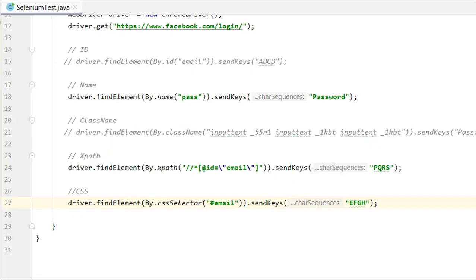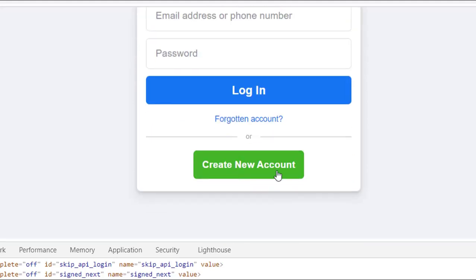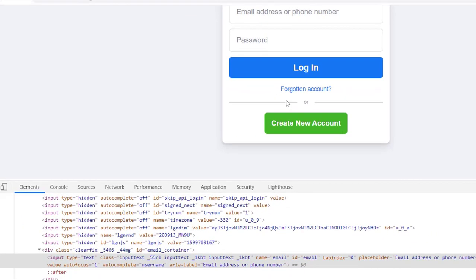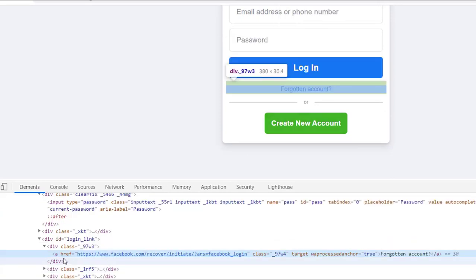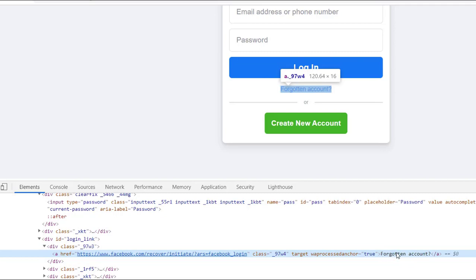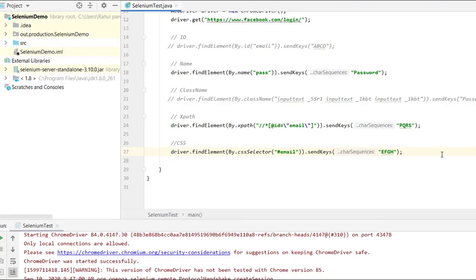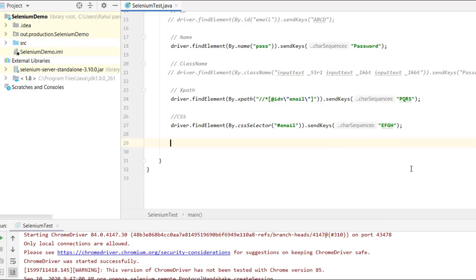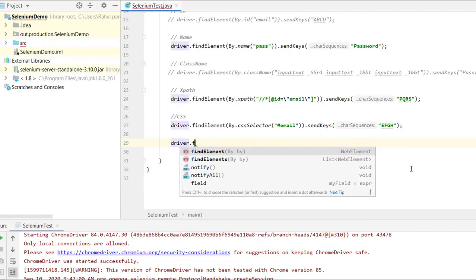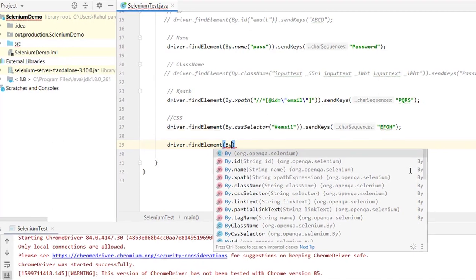Now let us look at the link text and partial link text. There is this particular link present here, forgotten account. If you see, this is the anchor link, and this link is linked with this text, forgotten account. We can locate this link text using driver dot find element by dot link text.